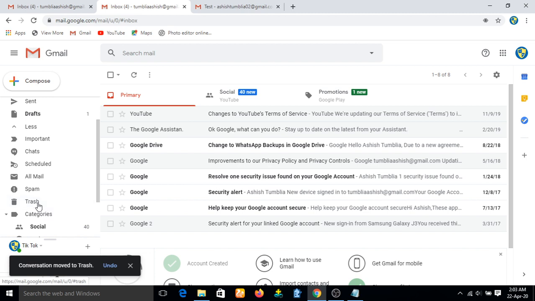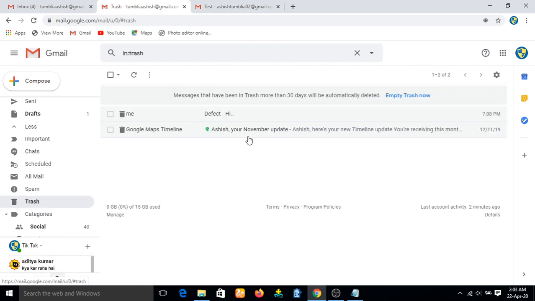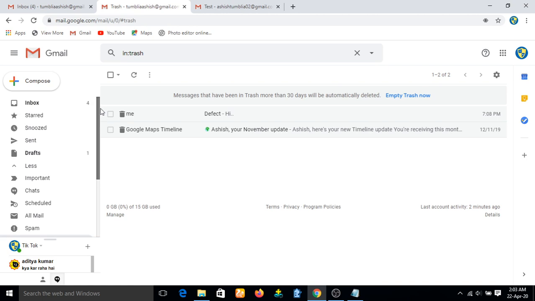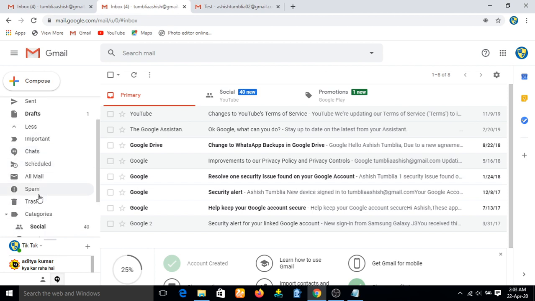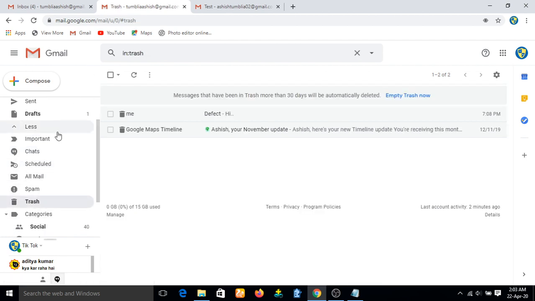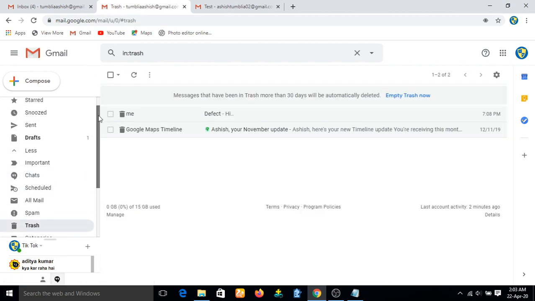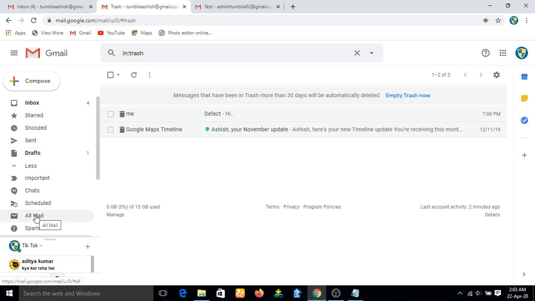This one, click on that. This is the mail that I have deleted from the inbox. So with this we can say that data has transferred from inbox module to trash module. These are different modules, so the data is flowing from one module to another module.